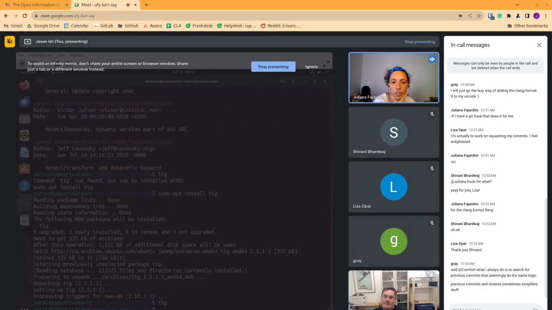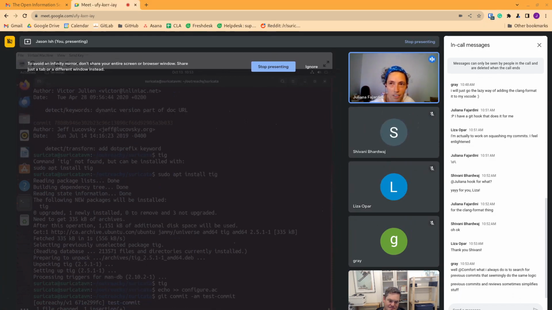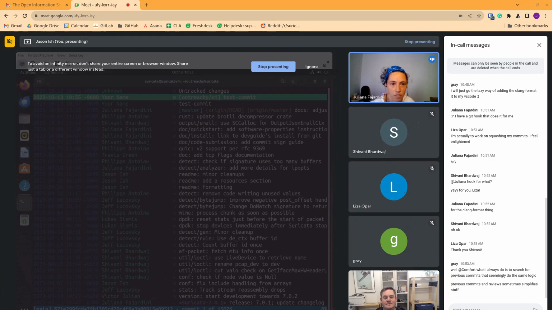Yeah, and then from Tig you can squash commits, you can edit messages. There are a few additions that you do to the configuration, and then it's quite interesting. I do basically all my Git process from Tig, and